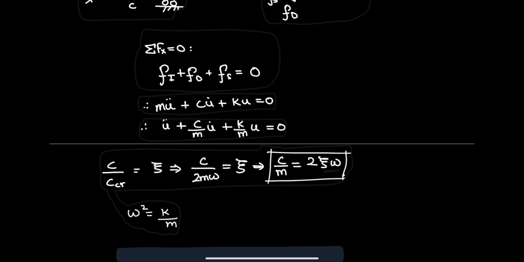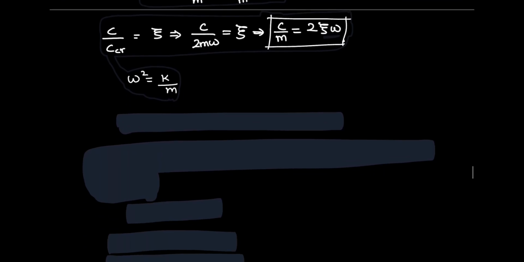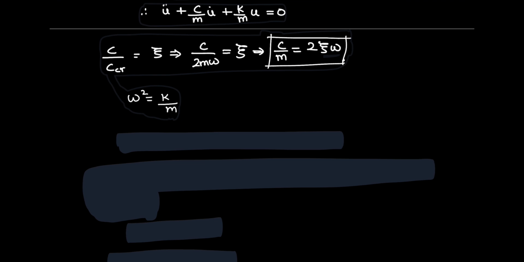We divide the equation by m for deriving the formulations that we need. Here we know that damping coefficient by critical damping coefficient is the damping ratio, from which we derive that c by m is equal to 2 zeta omega. Also from the definition of angular frequency, we know omega is equal to under root k by m. We substitute these facts in our equation and we obtain